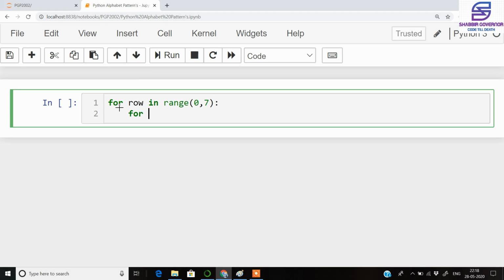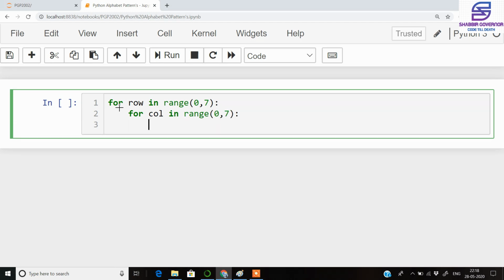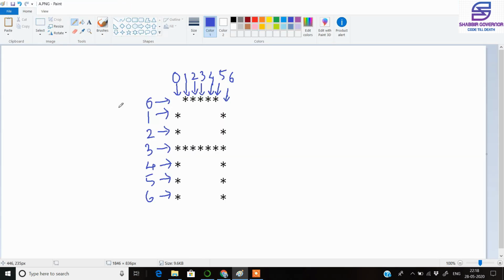And for the column too we will be printing for col in range of 0 to 7. So now simply to print the star in the form of A, you just need to write an if else statement, and we will be printing the stars only on the specific locations.